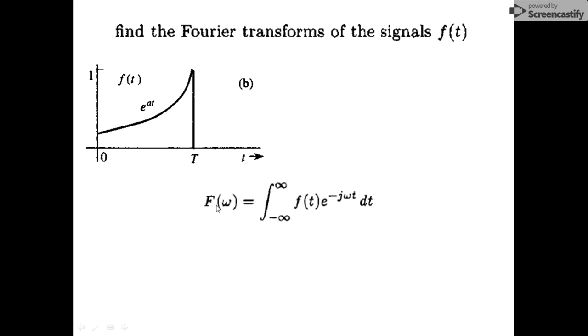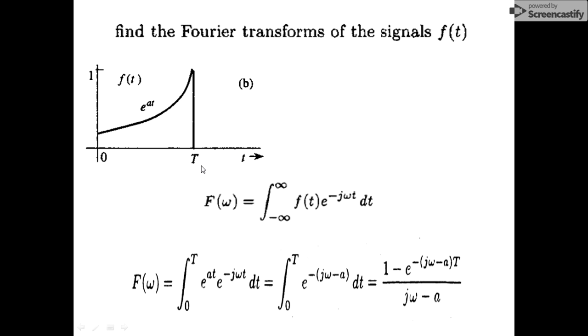So the same method, we know that F of omega equals the integration from minus infinity to infinity of f of t e to the power minus j omega t dt, but we need not integrate from minus infinity to infinity, because from minus infinity to 0 the f of t is 0, and from T to infinity the f of t is 0. So basically we have to integrate from 0 to T, so that F of omega equals integration 0 to T, the f of t is e to the power at in 0 to T, so I have substituted e to the power at instead of f of t, and we get integration 0 to T e to the power at into e to the power minus j omega t dt